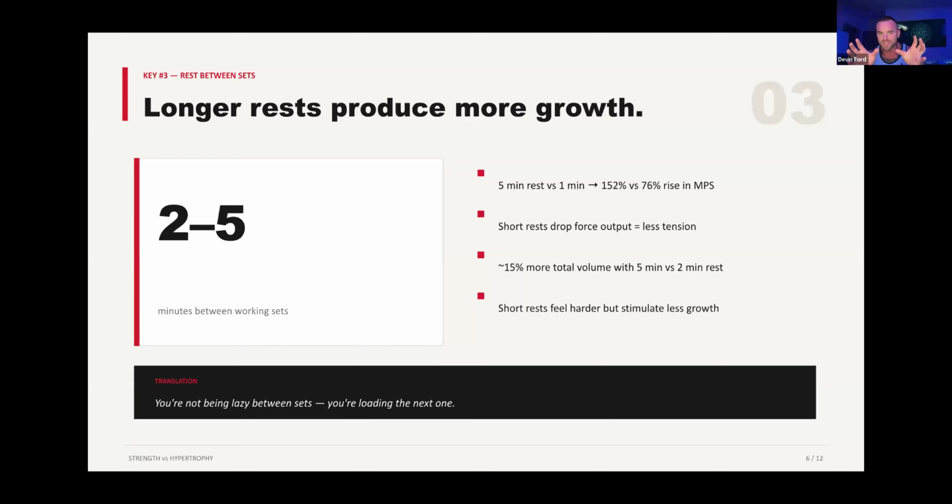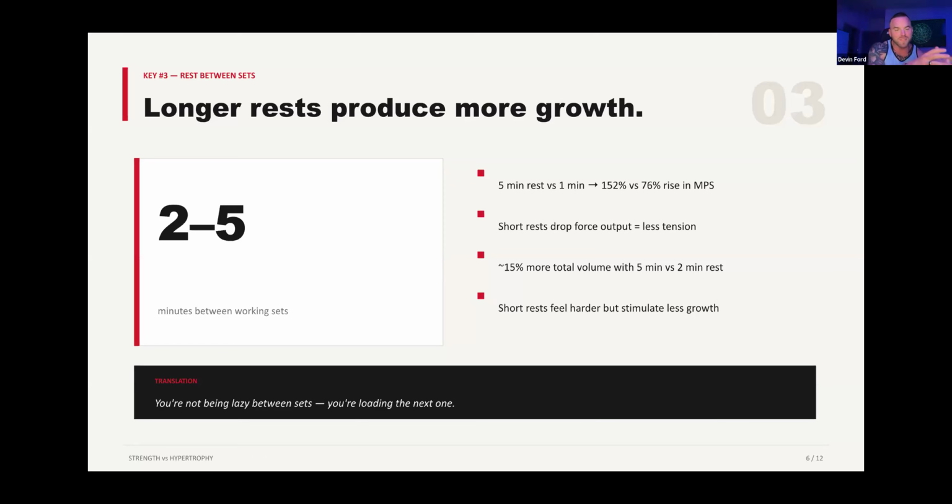Two versions of this. I do my first set to failure on both of them. On one of them, I rest 1 minute. I'm still in the seat, right? Everybody knows this. I'm guilty of it too. Let's say I do a leg extension set, and I'm just sitting here because I don't want to move. And I'm like, yeah, whatever. I'm just kind of looking around. And I go back after a minute. I do the next set, right? We all do it. I get it.